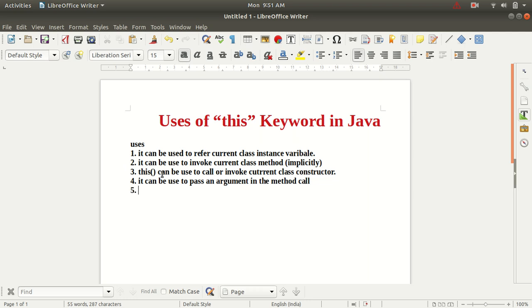And the fifth use of the this keyword is that it can be used to pass an argument in a constructor call. We can pass this as an argument in a constructor call.